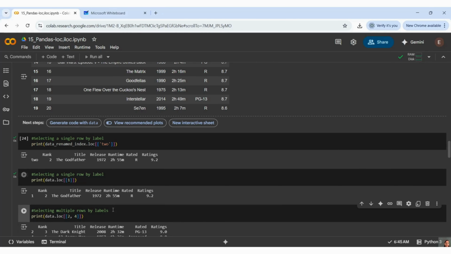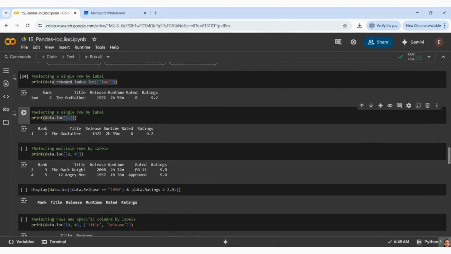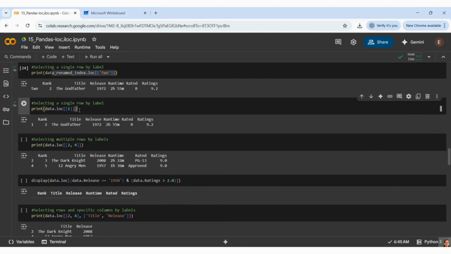Yeah, I got the same thing here. I have taken index 1 because this is my second row, and here this is again my second row. So this is the thing I was trying to explain while defining that loc can take both numeric index and, if you have it, the label index. Both things it can take, and it can give you the value.